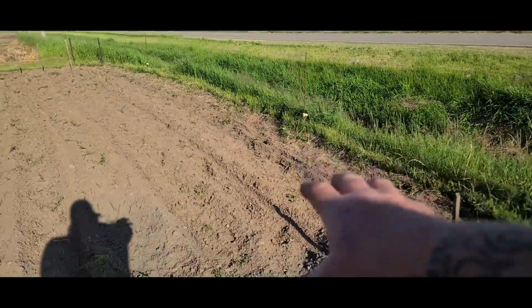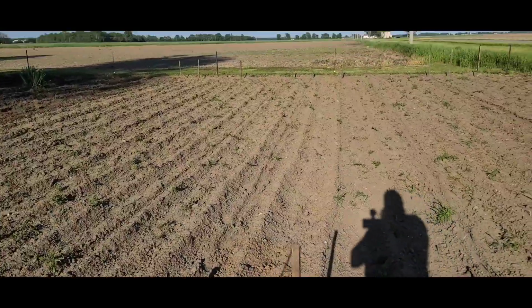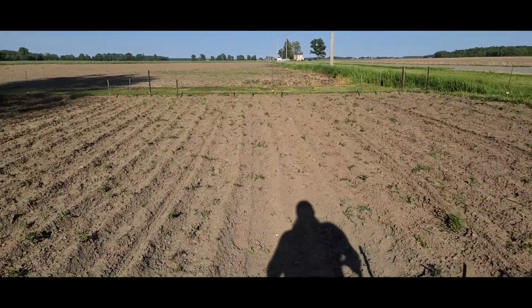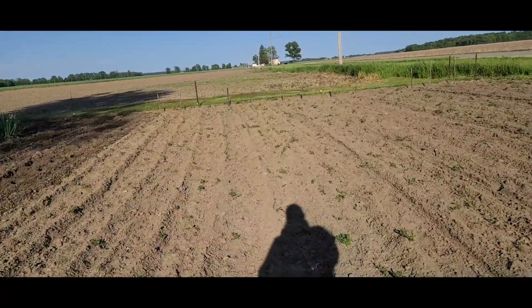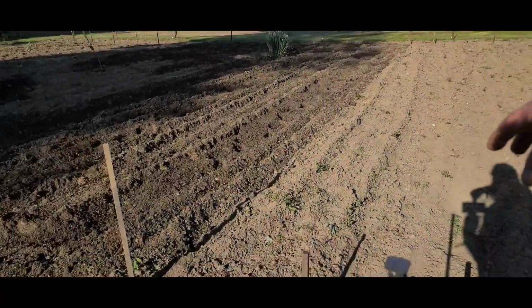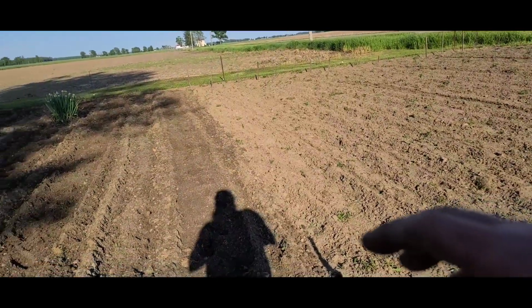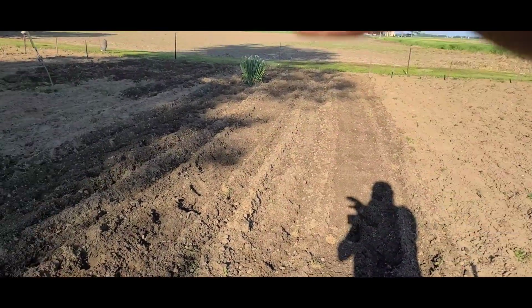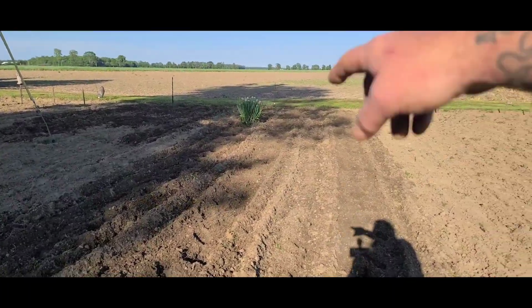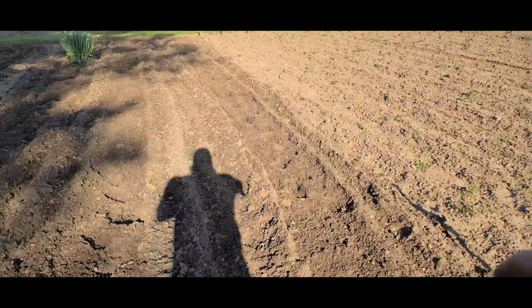Alright, so we got 4 rows of corn. Skip for potatoes. 4 rows of corn. Skip for potatoes. 4 rows of corn. And then we're going to do tomatoes right here, or maybe tomatoes here, these 2 rows, kind of jump back and forth, zigzag, and peppers here,